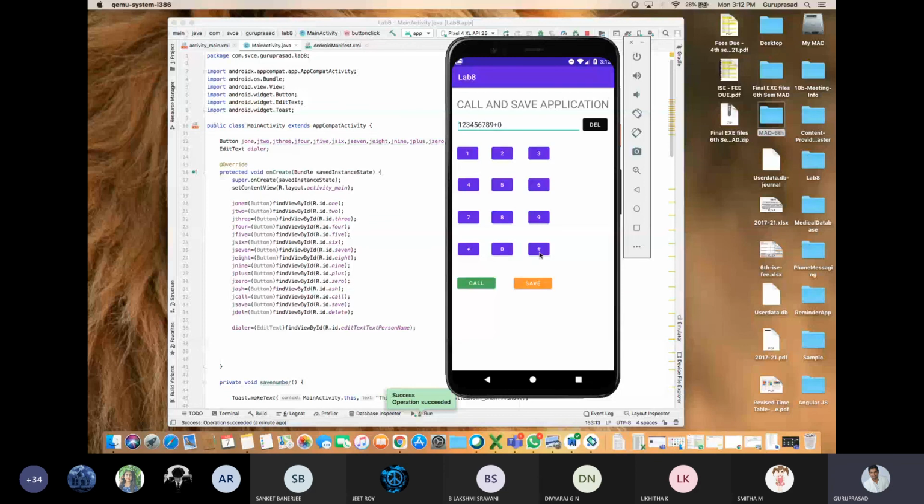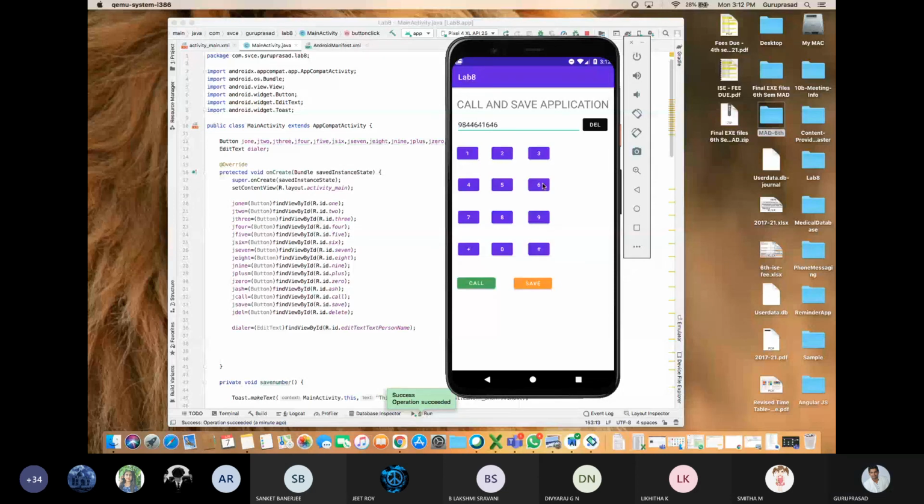Hash is deleted, 0 is deleted, plus is deleted, 9 is deleted, 8, 7, 6, 5, 4, 3, 2, 1, 0. Okay, 9, 8, 4, 6, 4, 1, 6, 4, 5. Oh, wrong number. Deleted 6.